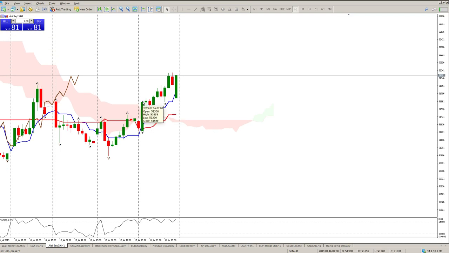We've had the breakthrough of the cloud. Okay, and remember the cloud here, every flat bit of cloud is resistance moving forward. I've had a crossover, I've had a breakthrough, I've had a twist. So for now, this is long, but I do want to see a bit of a pullback before I get